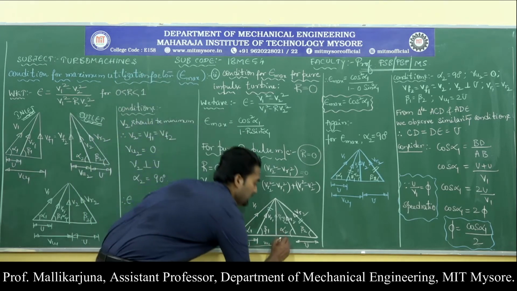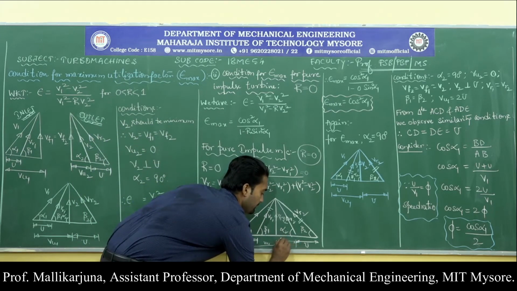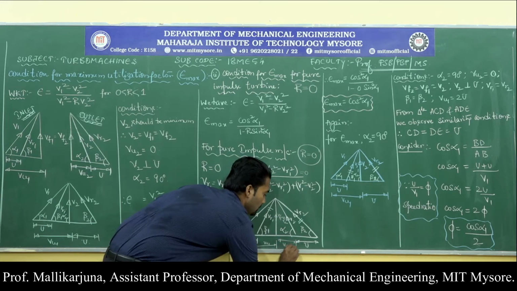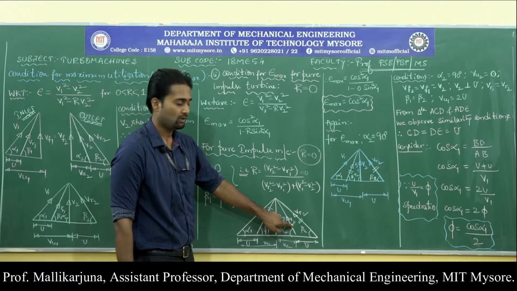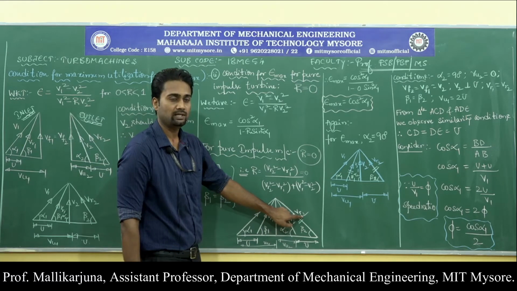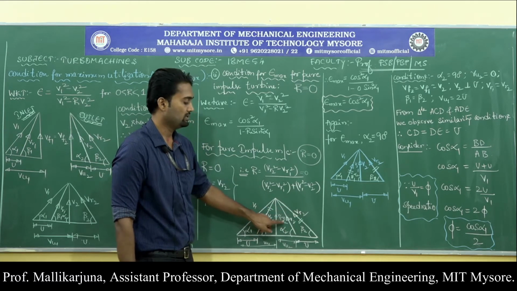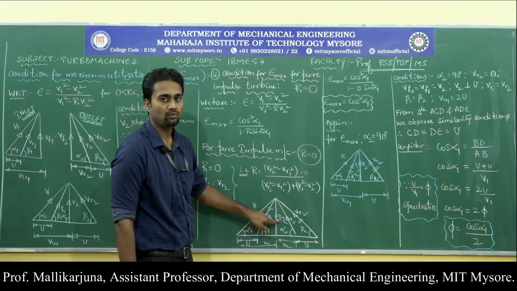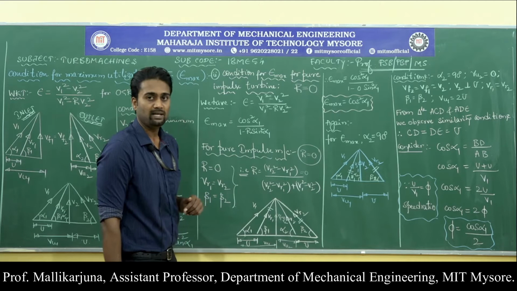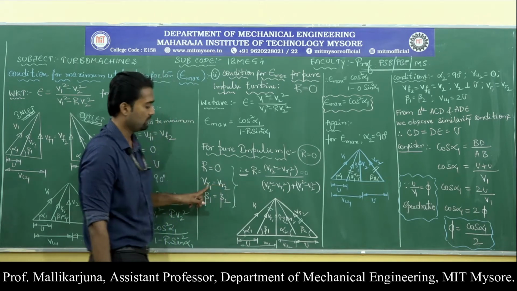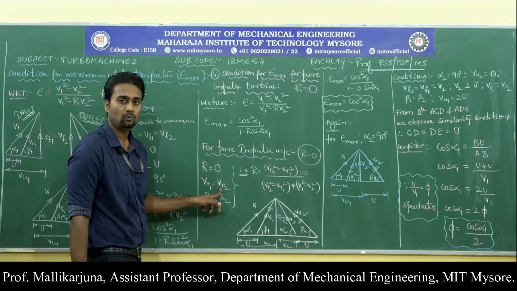Next, this portion is nothing but Vu2. V2 is the absolute velocity at the outlet, along with the relative velocity at the outlet. Vf1 is equal to Vf2, which is nothing but the flow velocity at the outlet. So this is the base velocity triangle. Now the condition is what? Vr1 has to be equal to Vr2.